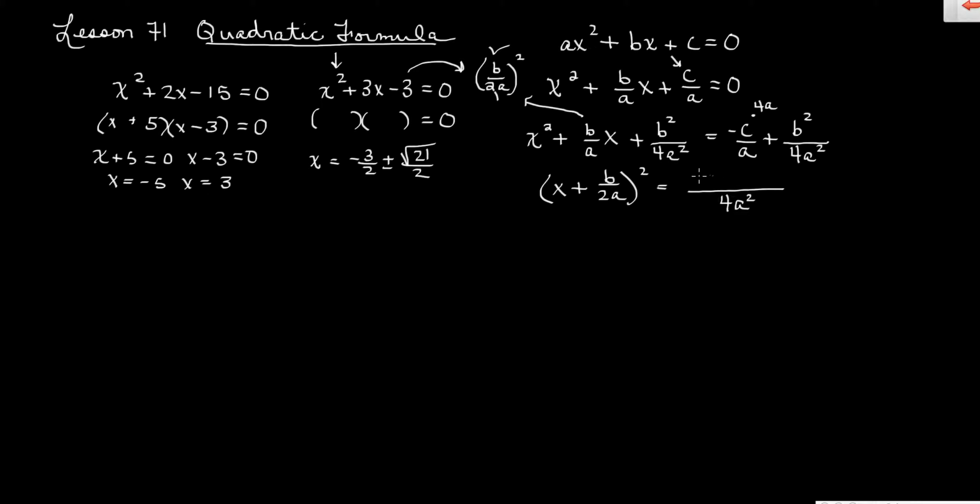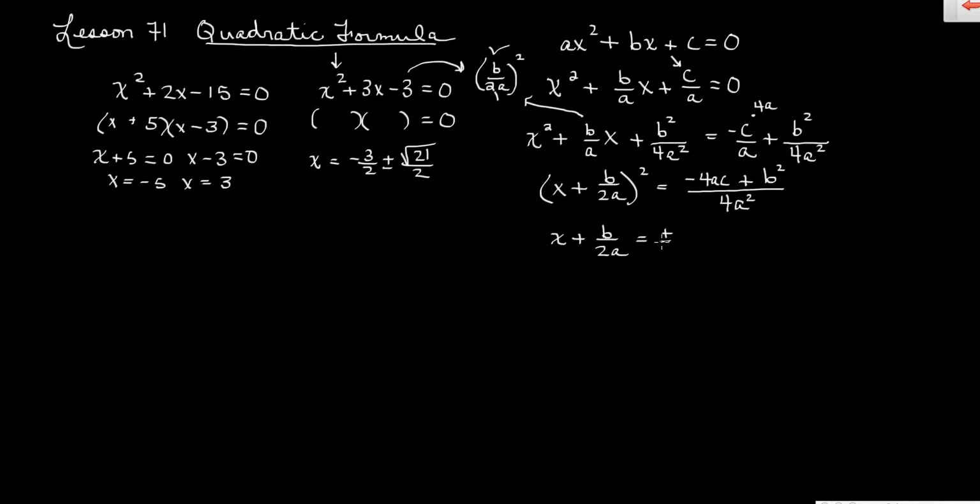So we're going to get negative 4ac plus, and there's just going to be b squared, because this one has everything it needs to be that guy. All right, now we're going to take the square root of both sides. So you get x plus b over 2a